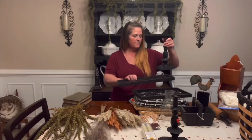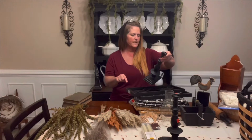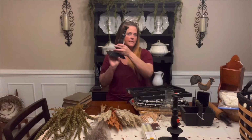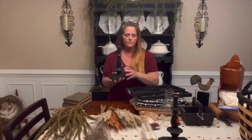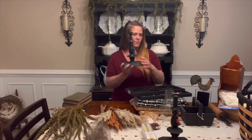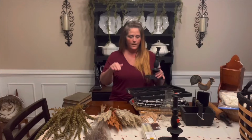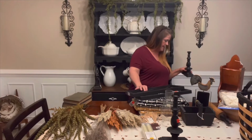Also in the same aisle, and these were 66% off of $24.99, so I got them for $6.24. They had two styles of this exact same thing. They're plastic. They're not heavy by no means. They look cast iron, but they're not. I got 2 of these, and what I kind of thought was, the top of my entryway is 2-tiered, and I thought at the top of my entryway, Maggie May,